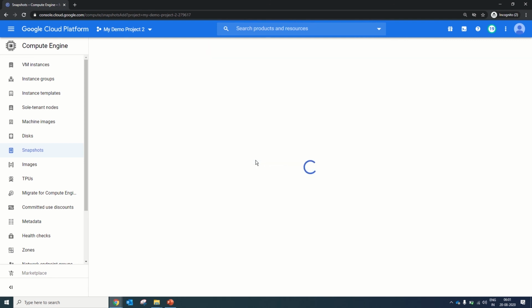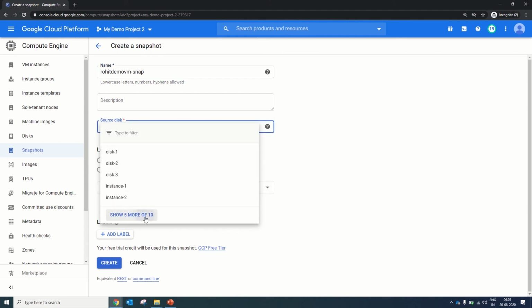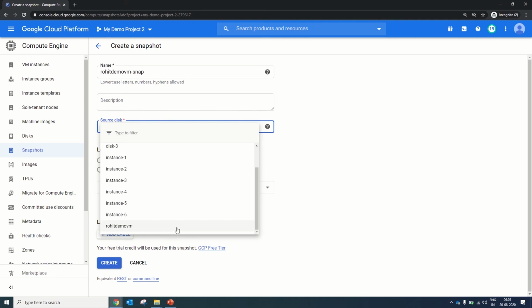So we will create snapshot 1. We will give it the name Rohit demo VM snap. Now these are disk 1, disk 2, disk 3, and disk 5 and Rohit demo VM.